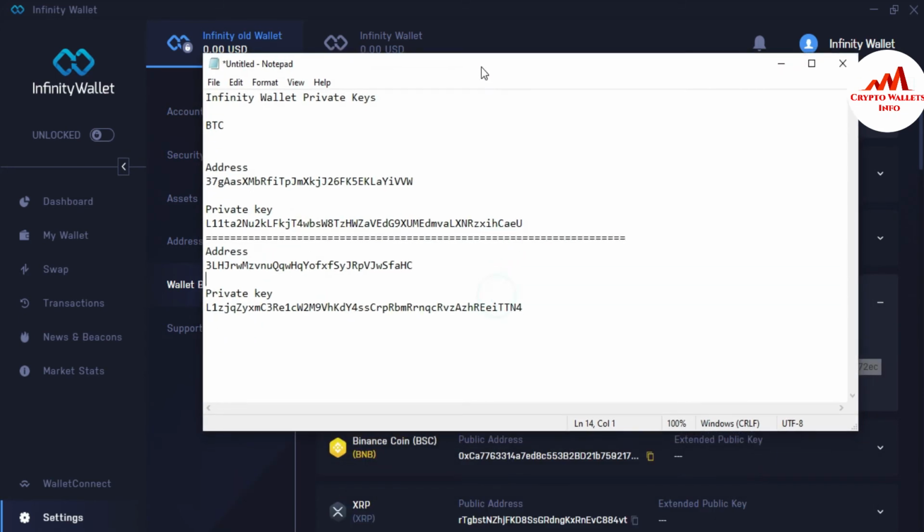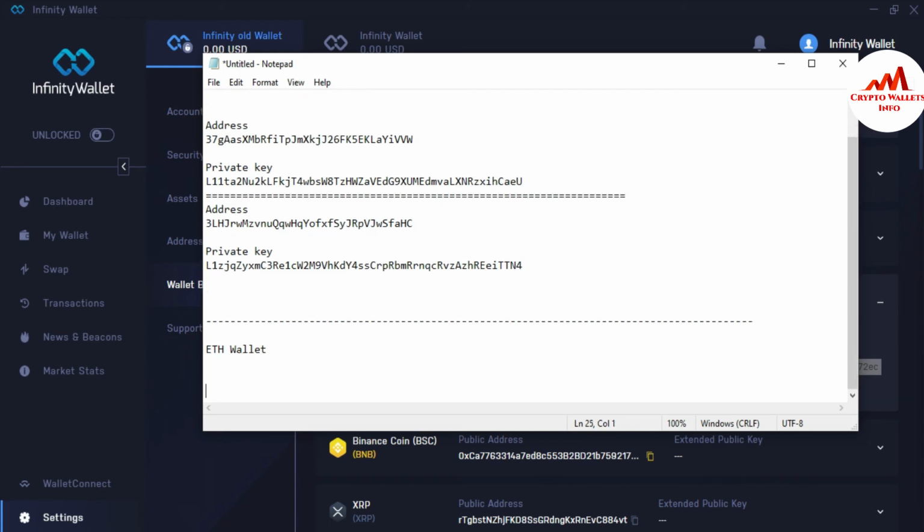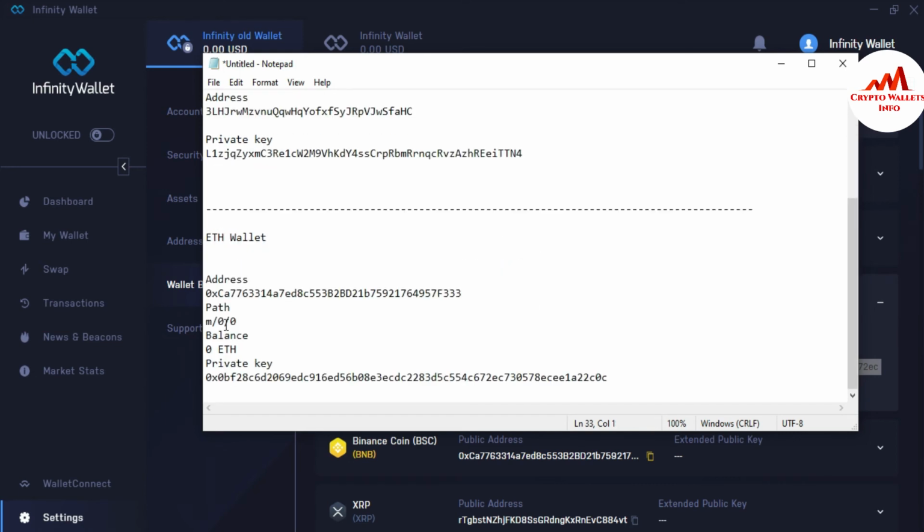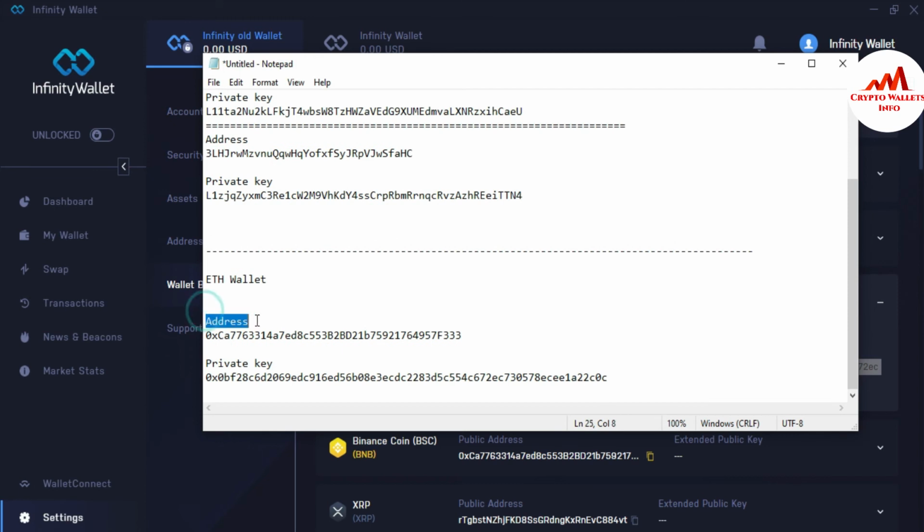this is necessary for you if you want to recover your account, save your account, or import your account. So you must have your private key. So, ETH wallet. Okay, now enter and paste here and erase unnecessary things from this notepad file. You can see here this is my wallet address, and this is my private key of the Ethereum wallet.